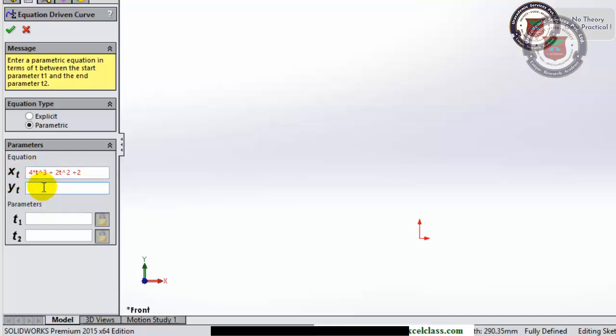This is x, and now for the y, suppose I'm taking just 5t, sorry. I'm taking the range for the t. Suppose I'm taking a simple range 1 to 4.